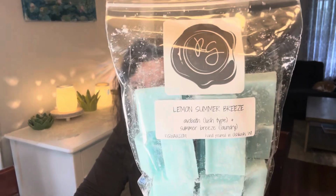And then the next one is Lemon Summer Breeze. I've never had Avo Bath before, so I really wanted to try this. It's Avo Bath Lush type in Summer Breeze, which is laundry. And I do think lemon and laundry is pretty together. That's fascinating. So Avo Bath is very